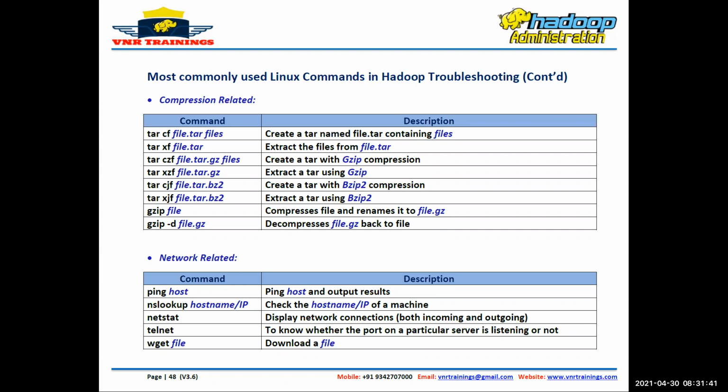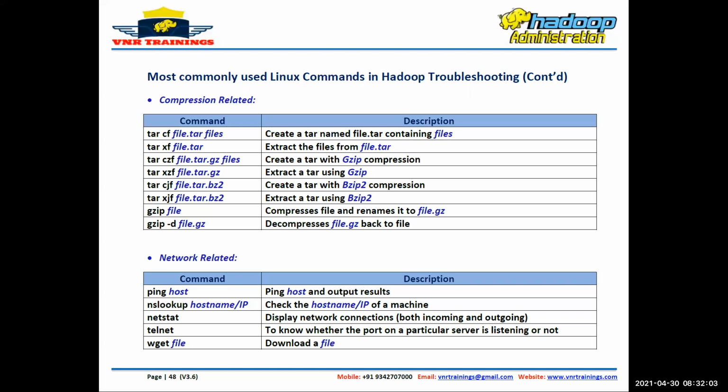There is cjf, xzf, gzip. There are so many commands which you will use to compress, zip or unzip a file. These are compression related commands which you will use in real time.